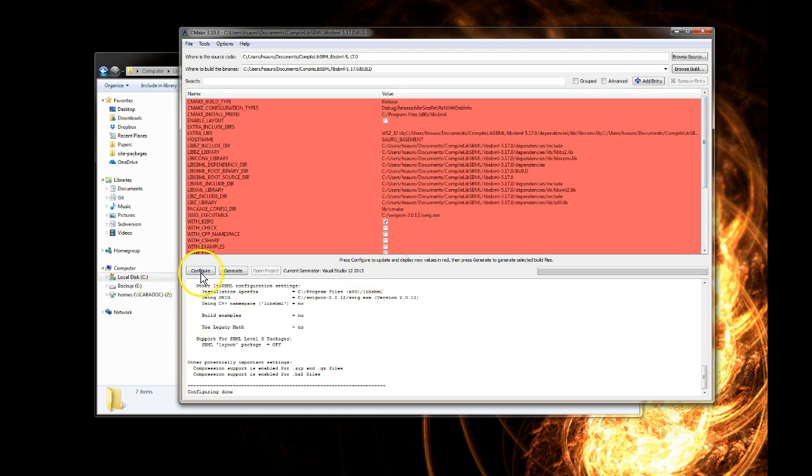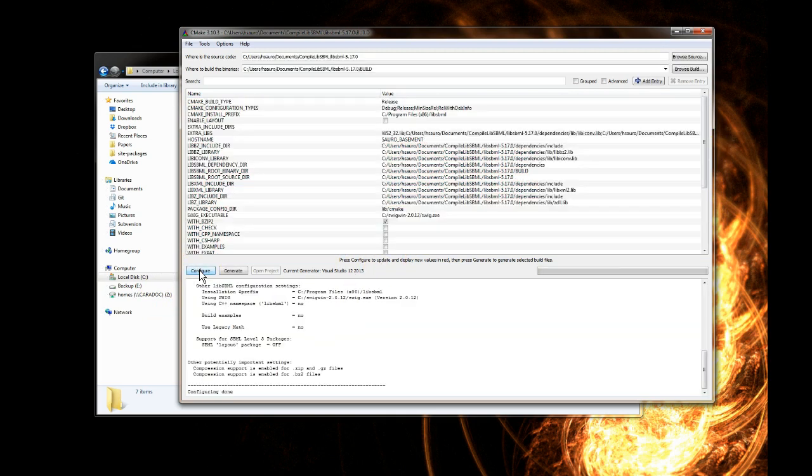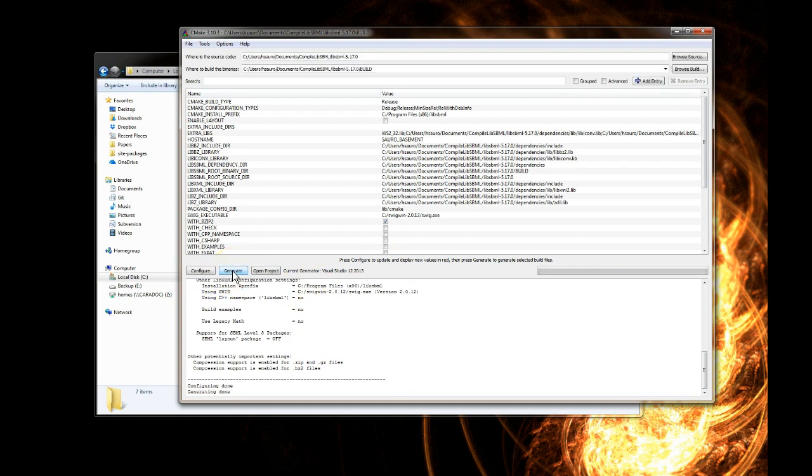So all you have to do now is press configure again, just to confirm this is what you want. It's now gone from red to white. And the final thing to do is to generate, and this will generate the actual solution files. Okay, and it's done. Now the easy thing to do here is just to open the project, and this will start up your Visual Studio 12 2013